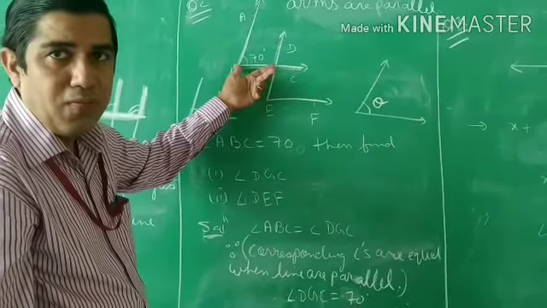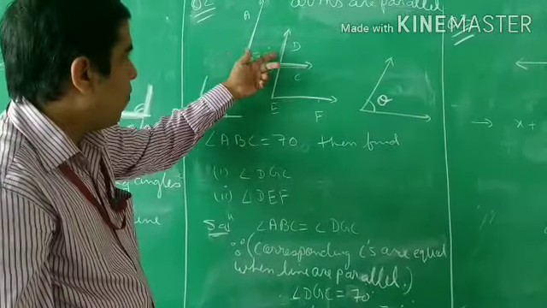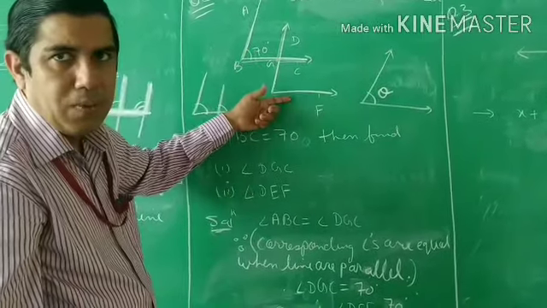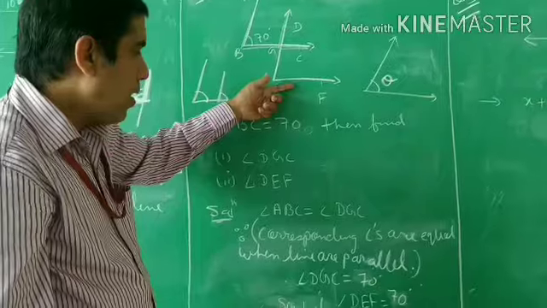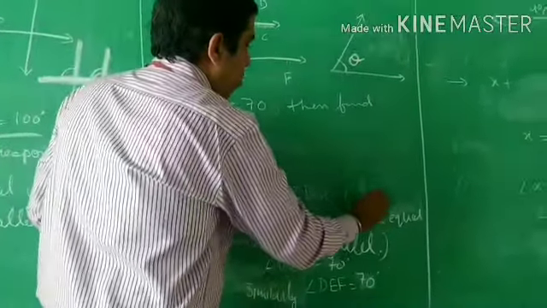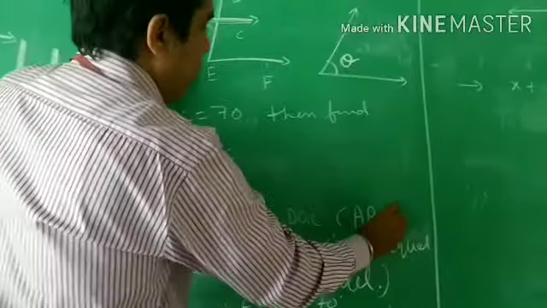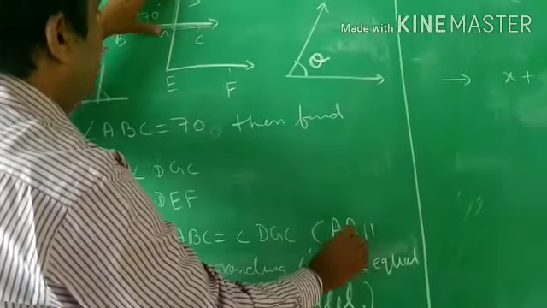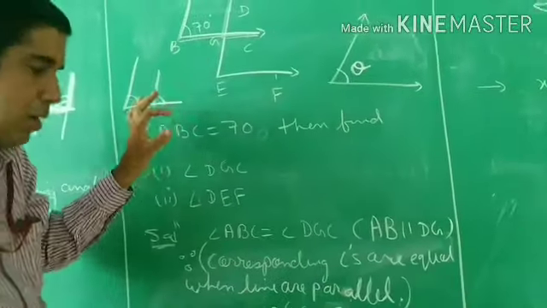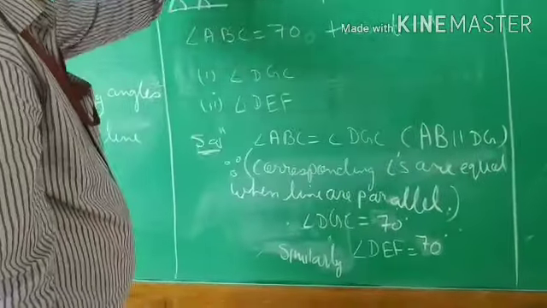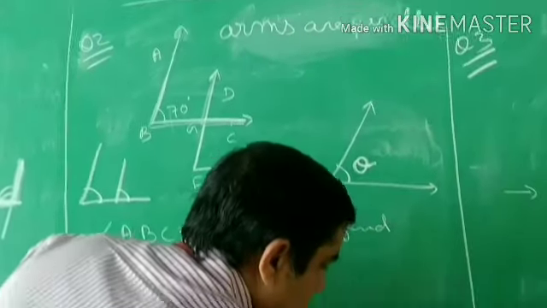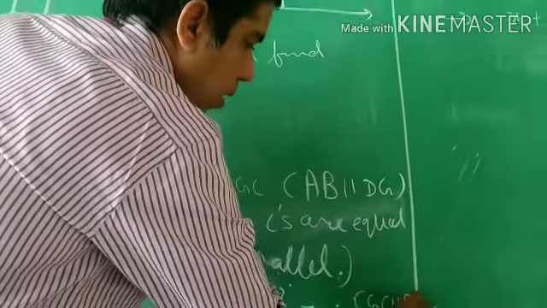First I use the first arm. If I count this as the first arms are parallel, this I count second arms are parallel. Right here, you can write which lines are parallel. You can write, if you want to write, AB is parallel to DG. You can write in more detail if you want. Here also I can write GC is parallel to EF.